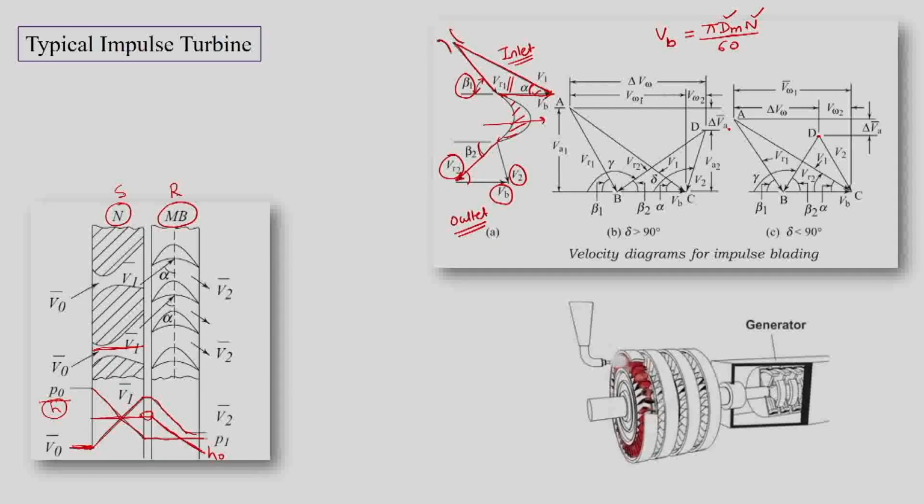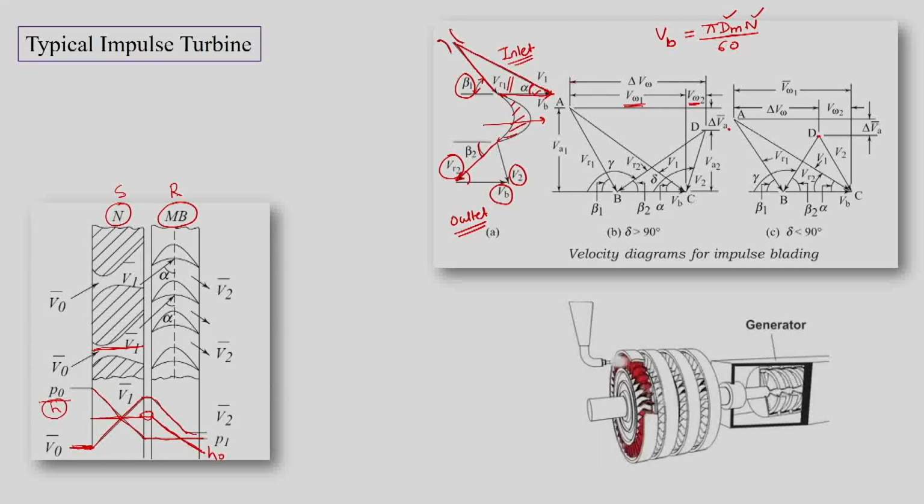There is some velocity, the angular velocity Vw1 at the entry to the blade, but that will get reduced to Vw2 at the outlet. So the difference in angular velocity is delta Vw for the steam, and this change in angular velocity is responsible